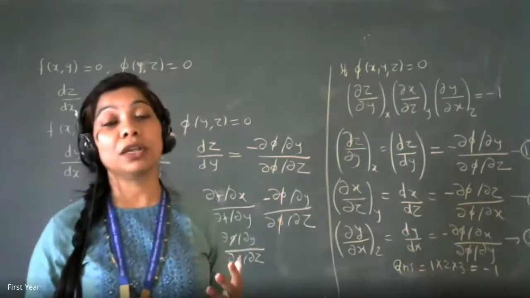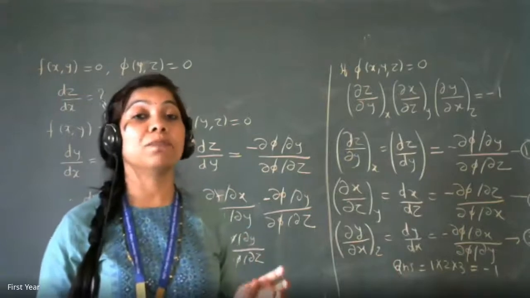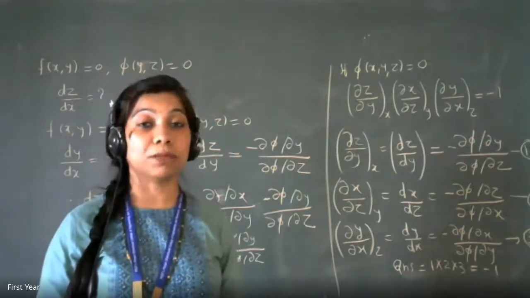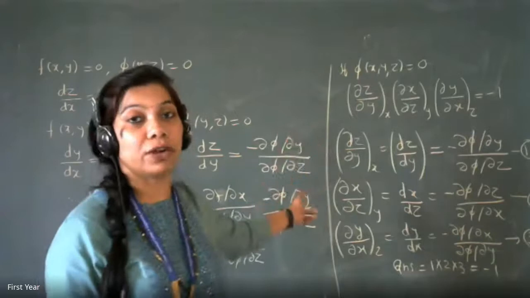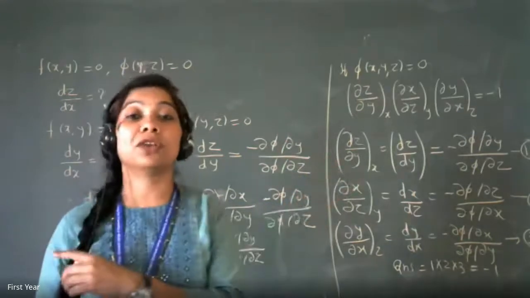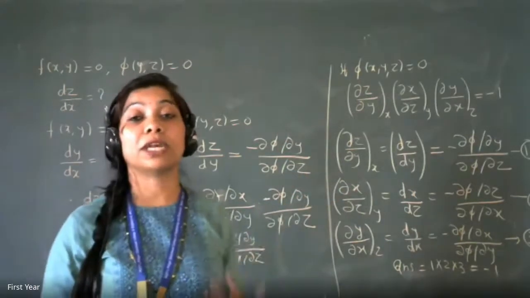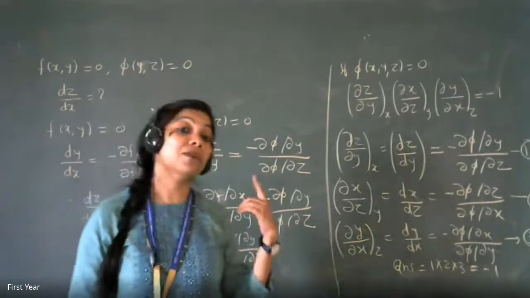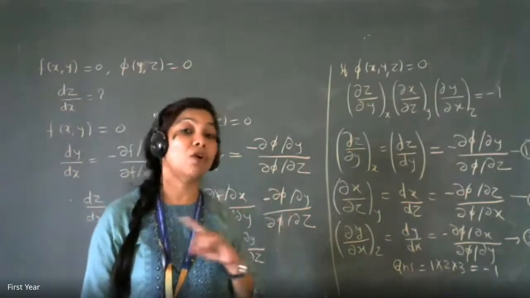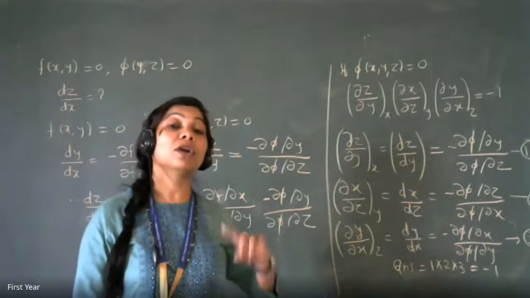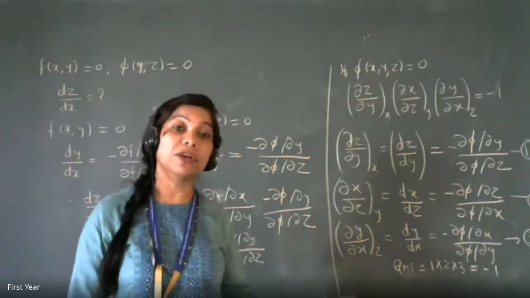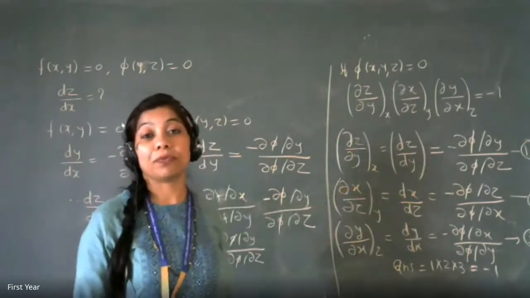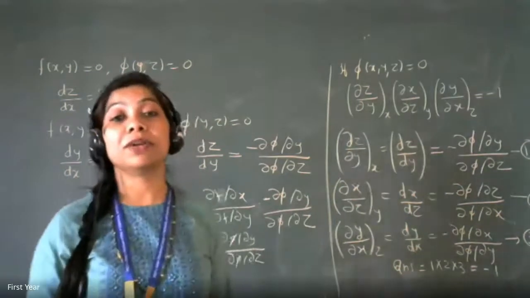Then we have also done partial differentiation of implicit functions where the equations were quite simple. We didn't have to use the total derivative formula. Directly we differentiated the equation and we got the values of ∂z/∂x or ∂z/∂y. We got the values of partial derivatives, not ordinary derivatives. Whenever I want an ordinary derivative for an implicit function, we have to make use of this formula. Okay. After that, we did variable treated as constant.